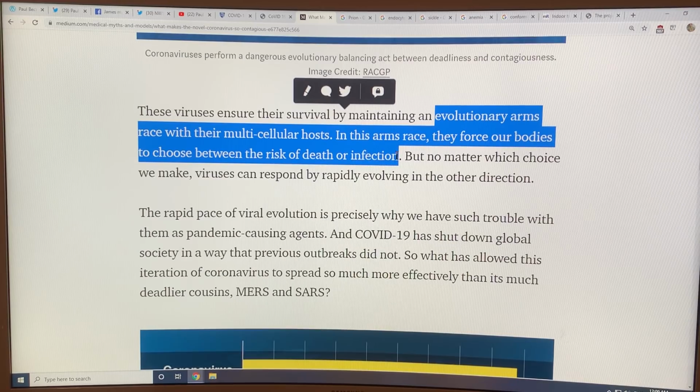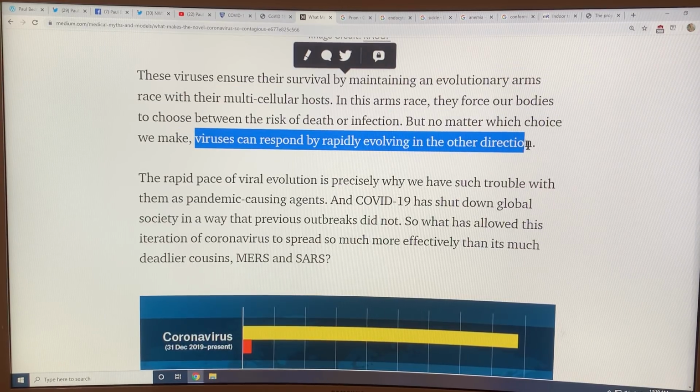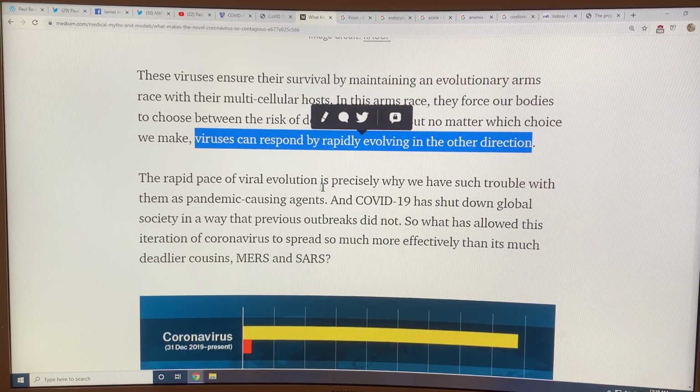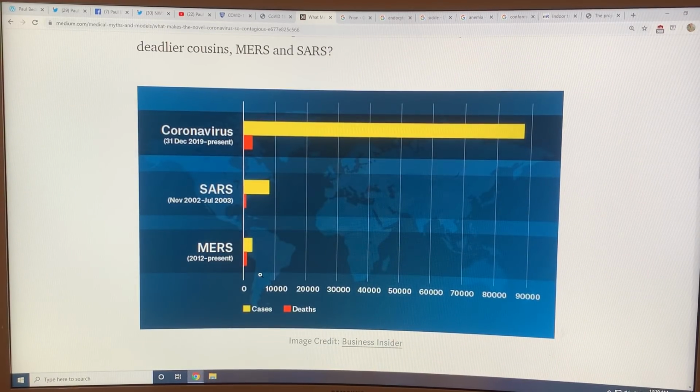If there are a lot of ACE2 receptors, the risk of infection is much higher, but the death rates are much lower. So the viruses can respond by rapidly evolving in the other direction to what our bodies are doing. This is comparing cases and deaths again to SARS and